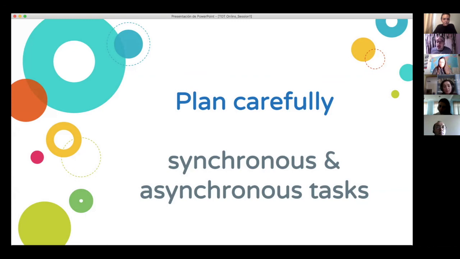And this depends on the situation and the competencies or the technical ability of your students. Maybe you cannot do a lot of synchronous work depending on connection, for example. If they don't have a very good connection, you have to reduce the synchronous and do more asynchronous. This is something that you have to plan really carefully, to integrate what you're going to do synchronously and what you're going to do asynchronously.